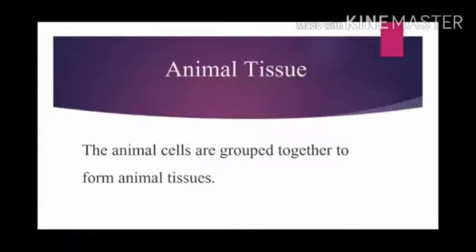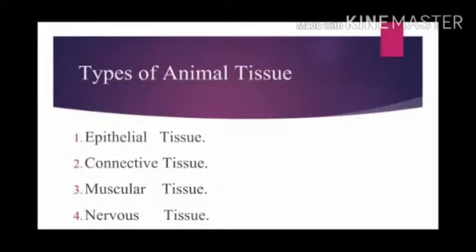The animal cells are grouped together to form animal tissue, or in an easy way we can also say that the tissue which is found in animals is known as animal tissue. Now we will know about types of animal tissue. There are 4 types of animal tissue. First, epithelial tissue. Second, connective tissue. Third, muscular tissue. And the last, that is fourth,